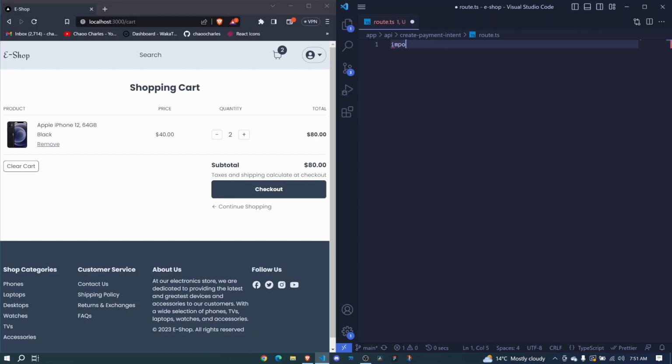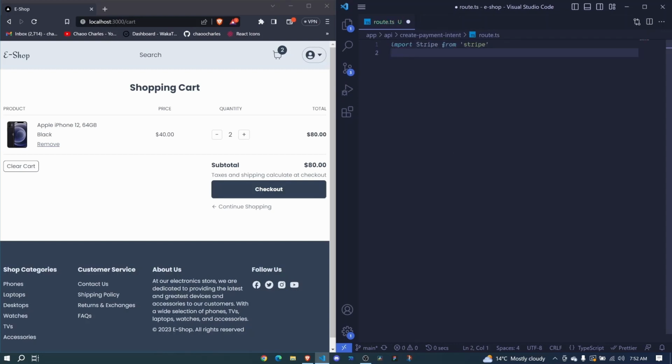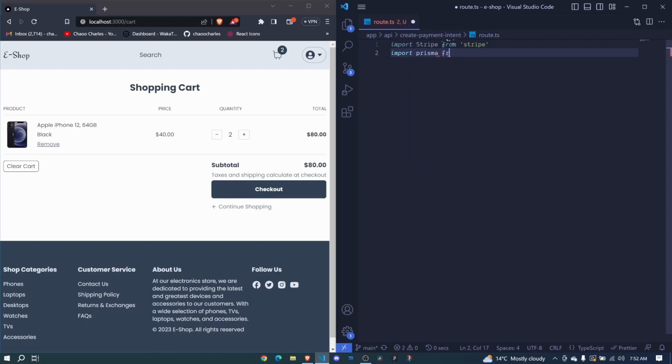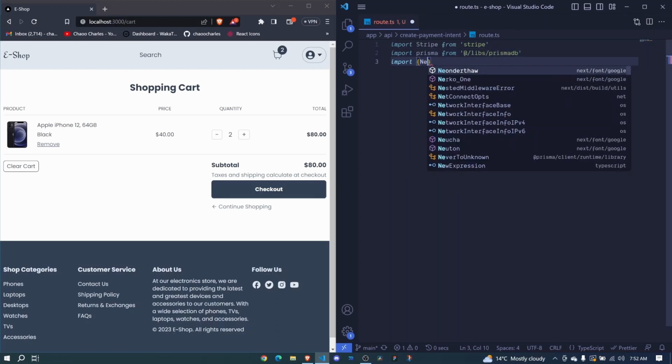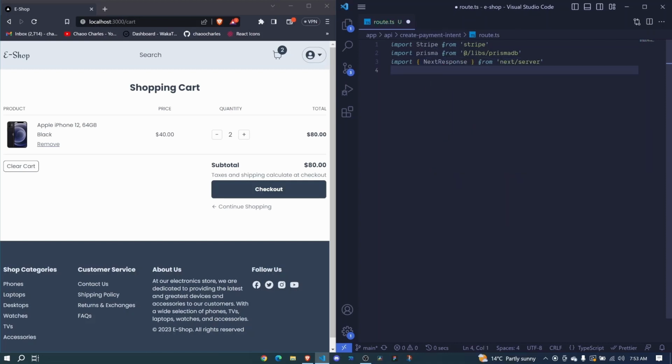So I'll say import Stripe, and this will come from stripe. We will also bring in Prisma. So we will import prisma, and this will come from @/libs/prismadb. Import NextResponse from next/server,